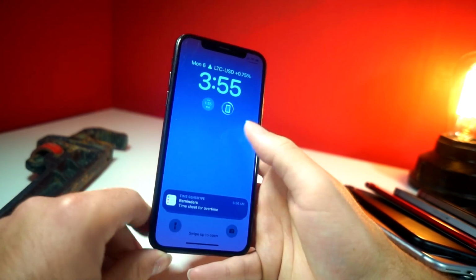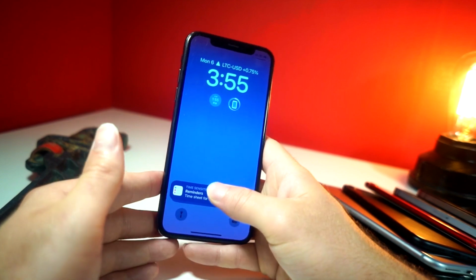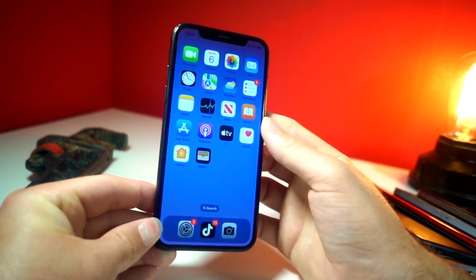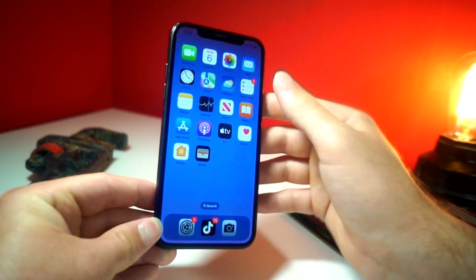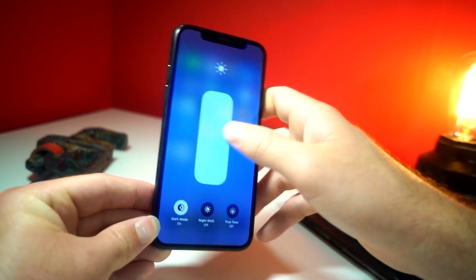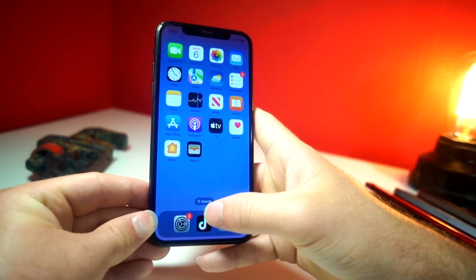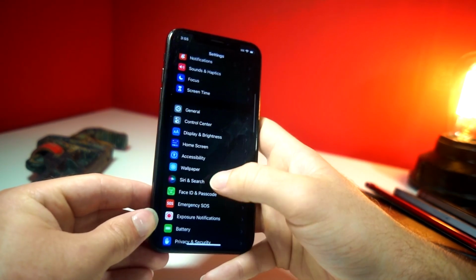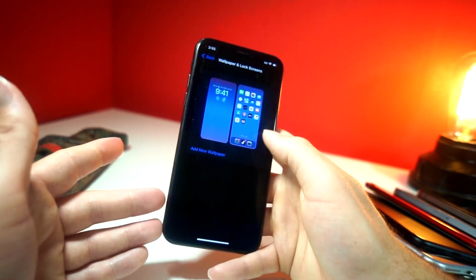Me personally, I think this is a little weird looking, but we'll just stick with it for this video. You can see that the iPhone unlocks, looks exactly like normal. Control center is the exact same. And that was just, I guess, a quick preview of what happens when you customize your wallpaper